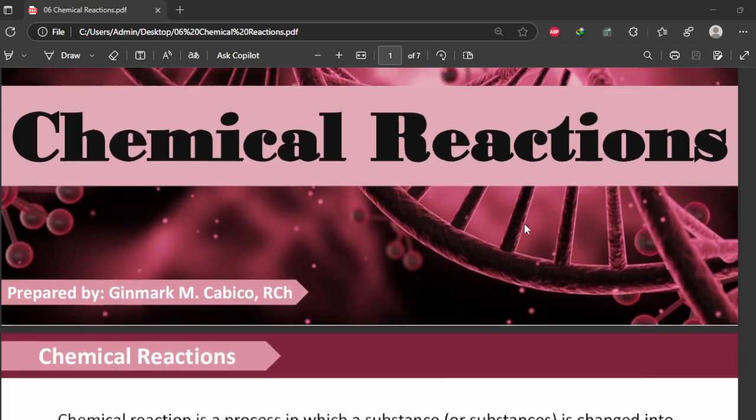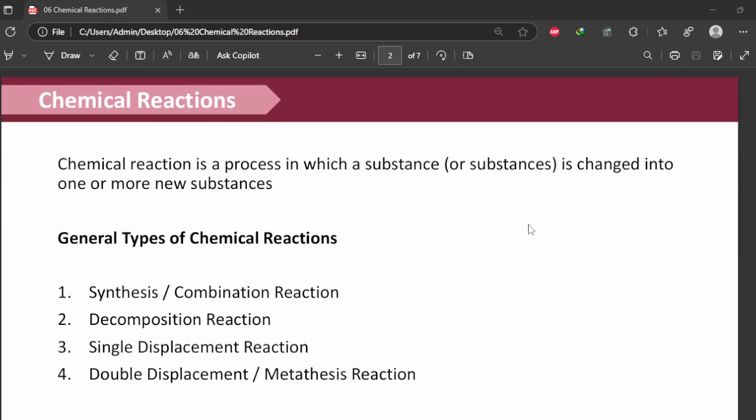So let's begin. Chemical reaction is defined as a process in which a substance or substances is changed into one or more new substances. So technically, in summarizing this definition, we can say that chemical reaction is all about changes. As long as may mababago, may mapapalitan, may mabubuo, then that is what the chemical reaction is. But please take note that in a chemical reaction, it is substance or substances, atoms, elements, or compounds that are